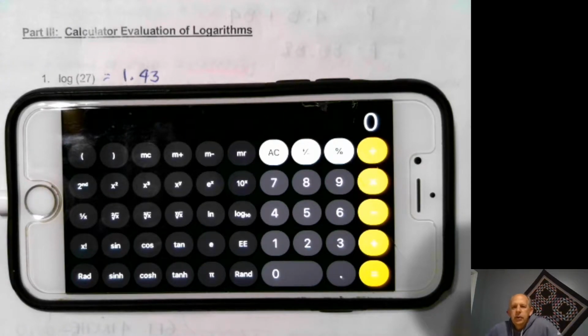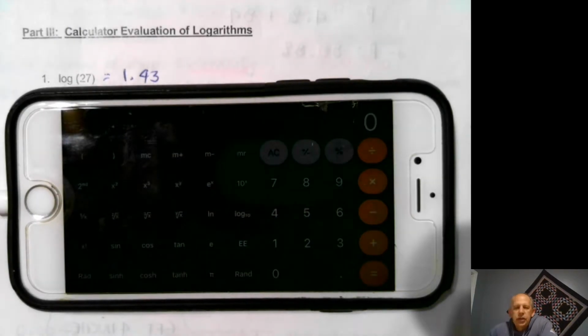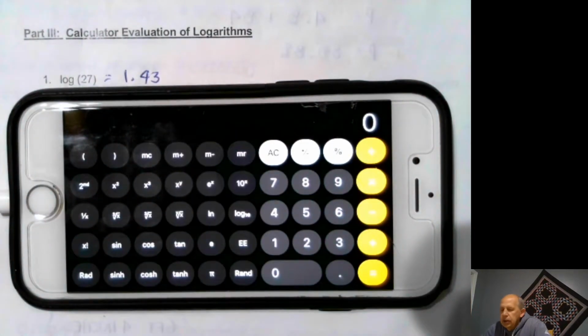So let's take a look at using your calculator and doing an application of logarithmic models. First thing is let's take a look at using your calculator to figure out the logarithm and natural logarithm of values. For this first one, I found that the log of 27